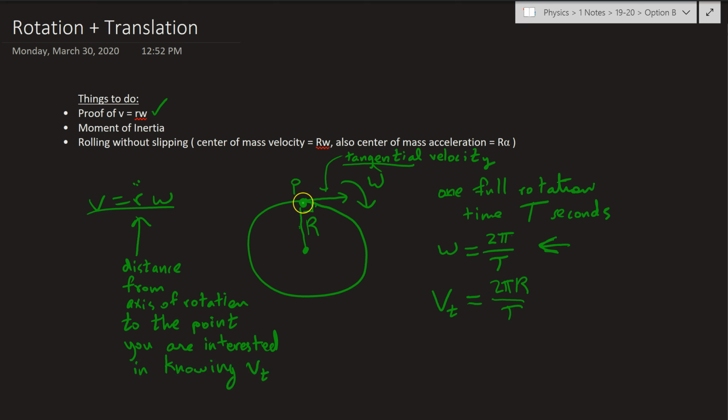So it doesn't have to be a point on the edge of the object. If it is on the edge of the object, then you plug in the radius of the object, which is what I've done here. So if you compare these two equations, 2 pi over t, 2 pi over t, that's